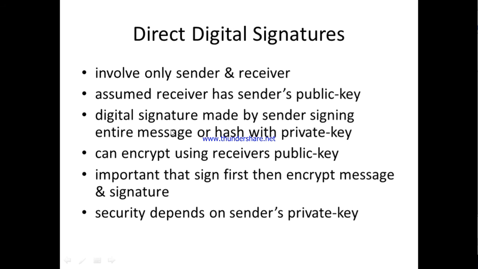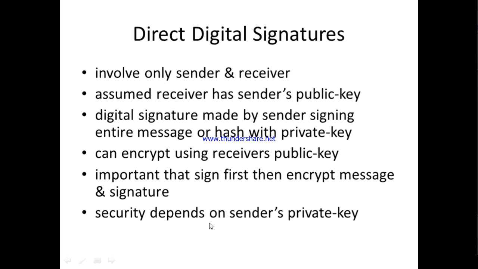The sender is going to encrypt the message by using its private key, okay? That means only the sender knows the private key, the receiver knows the public key of the sender, and the receiver can verify. If he can decrypt with the public key of the sender, then that message is the authenticated message. That is the direct digital signature. That is nothing but what we discussed in the last class, okay?